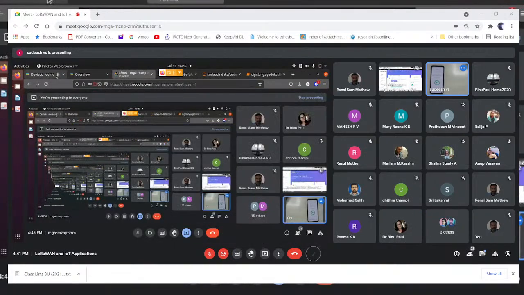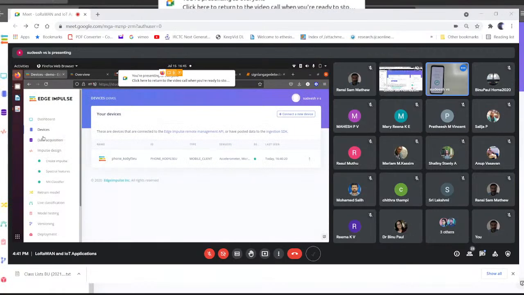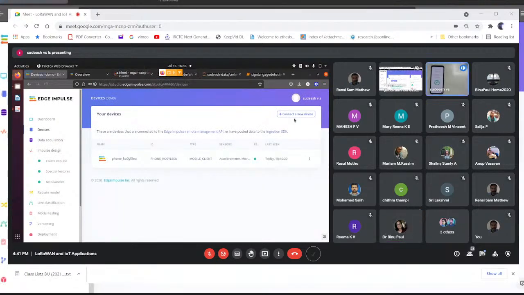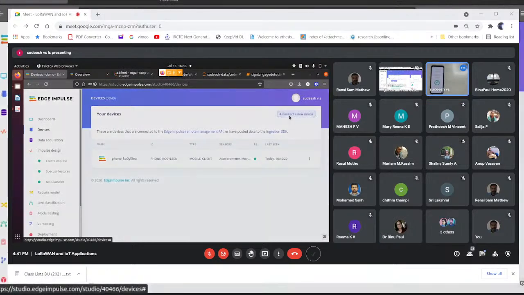If you go into Device, you can see this. Here is connect a new device. Click it.